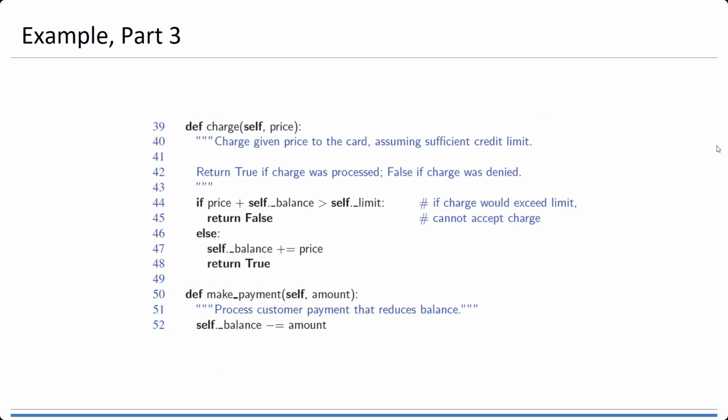And there are 2 additional methods. The first is charge. In this case, charge the given price to the card, assuming sufficient credit limit. It returns true if the charge was processed, false if the charge was denied. So let's say now I want to know my current balance. So let's say you spend some money. Let's say you have a credit card and your credit limit is 1 million won. And then yesterday you went to a convenience store, and then you buy